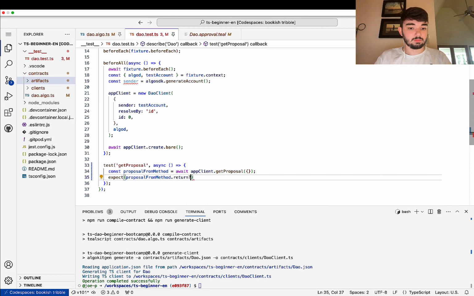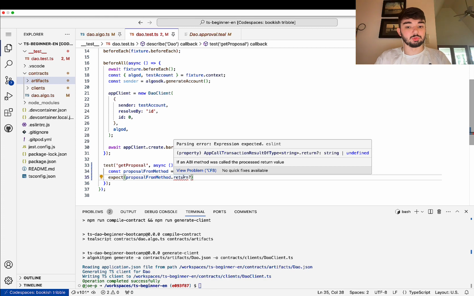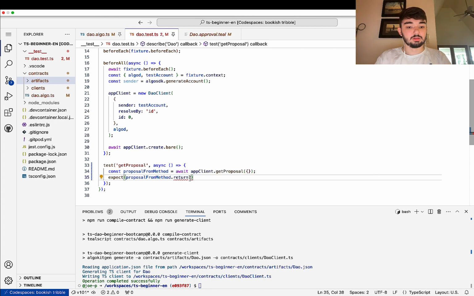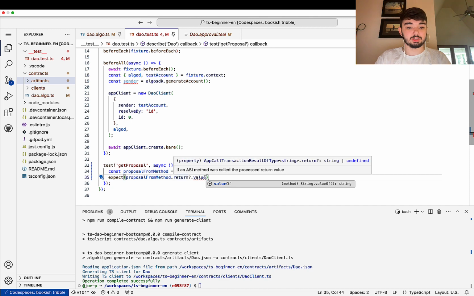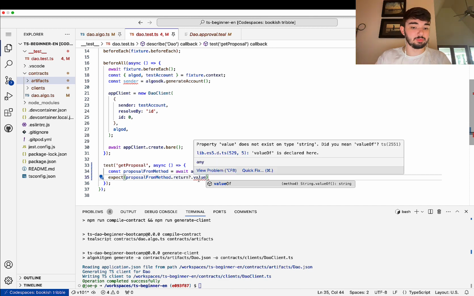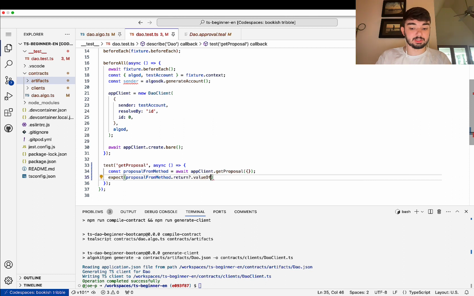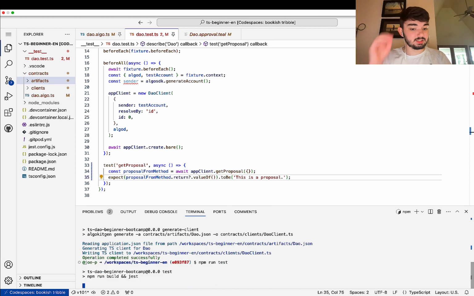return, in this return. So if this was a void method, it would be undefined. So in fact, in our case, we'll have this question mark to tell TypeScript that we know this might be undefined, and that's okay. Obviously, in our test, we don't want it to be undefined, but that'll show in this test result. And we're expecting our value to be "this is a proposal". Okay, so now if I do an npm run test,